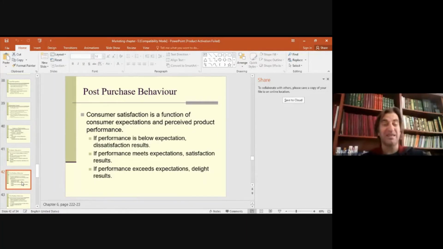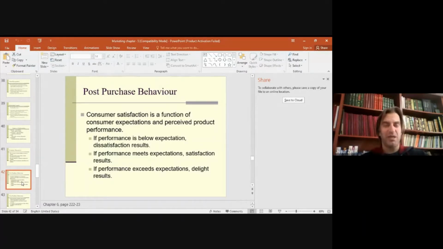In that case, we have dissatisfaction. And what happens with us? Next time, when we have a need for such products, such product groups, we might shift to other providers, etc. And then, if performance meets expectations, then we say we have satisfaction,